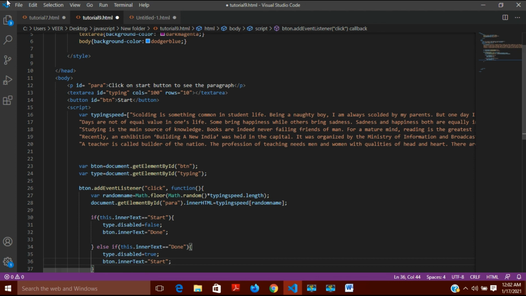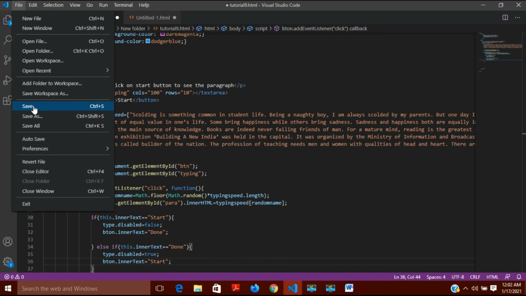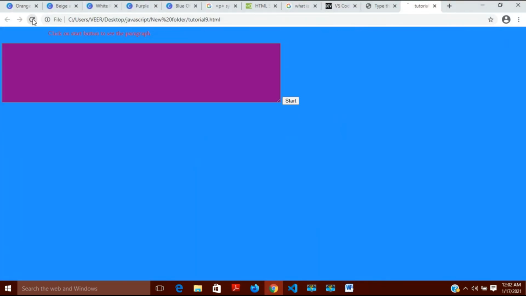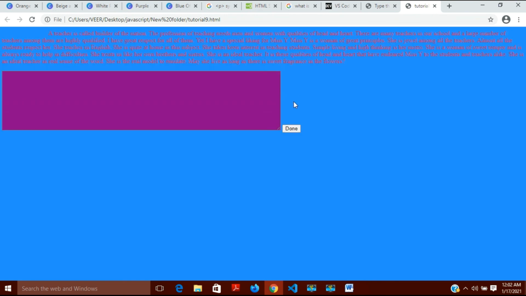So here, file save, and I will refresh it, and I'll click it, and it will take any of the paragraph randomly, and I am able to write here. And after that I'll click on done, and you can see it is getting converted into start.